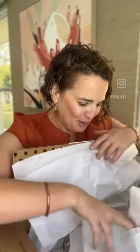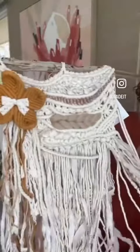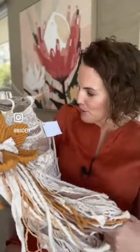Oh, it's more beautiful than I thought. Oh my goodness. Have a look at this incredible beauty. She's absolutely massive, and this incredible macrame wall hanging is made by Michelle and available on the Madeit platform, but comes like that. But I have got the perfect spot in my bedroom to put that,